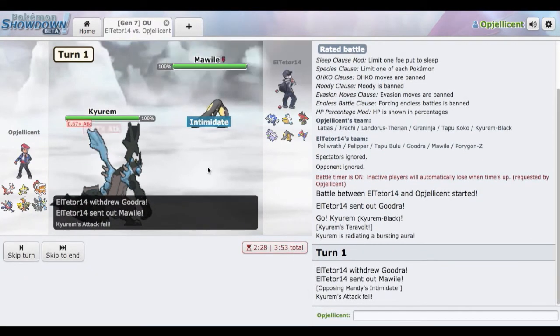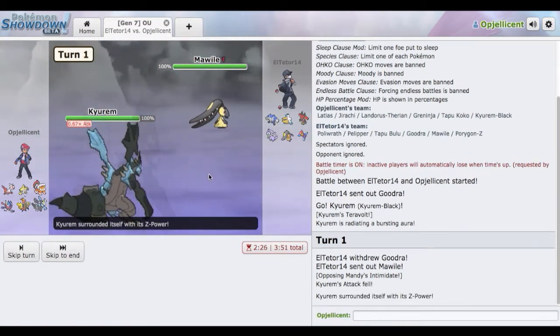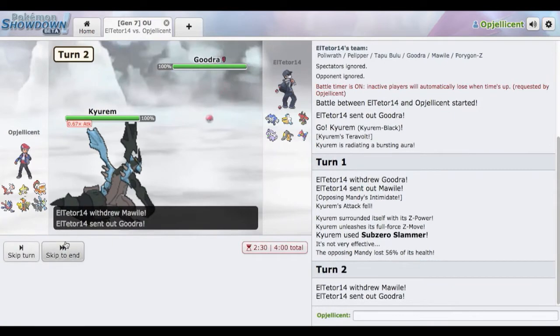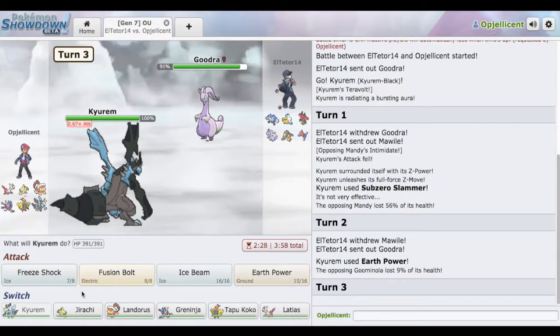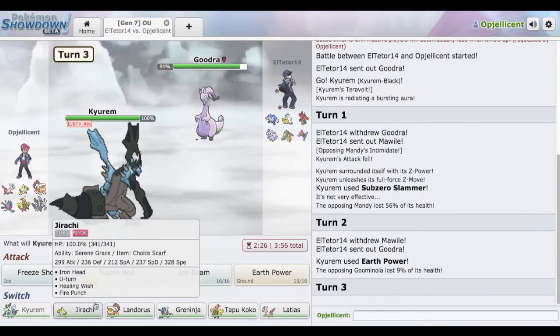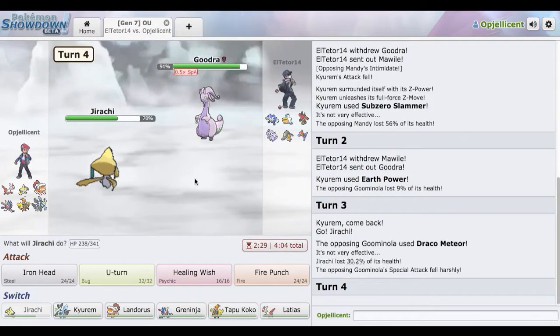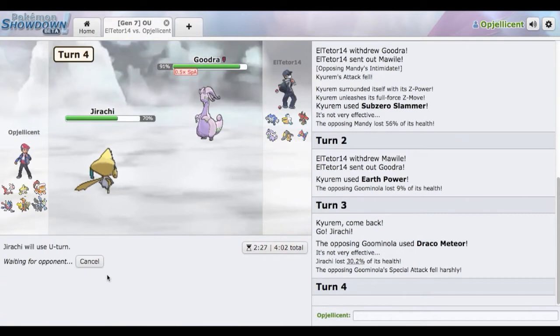This does not matter. You will take probably half, even though we're even through the Intimidate. Yep, and now we just fire off an Earth Power. Once again, I don't care. Well, actually, I probably do. Alright, we're going to go Jirachi on the Draco. Now we're just going to U-turn